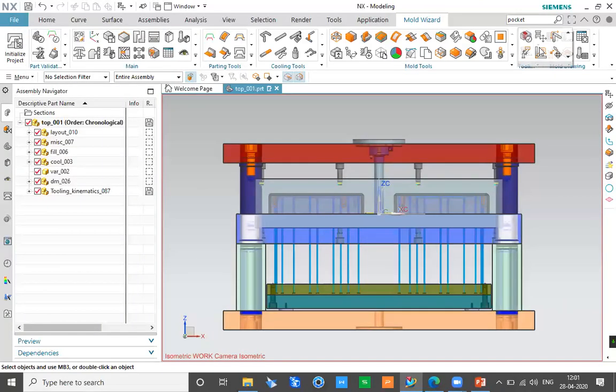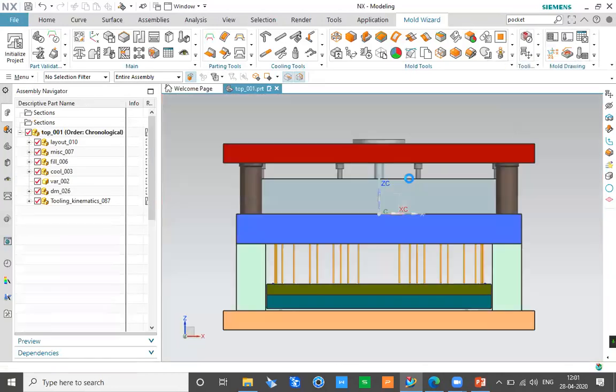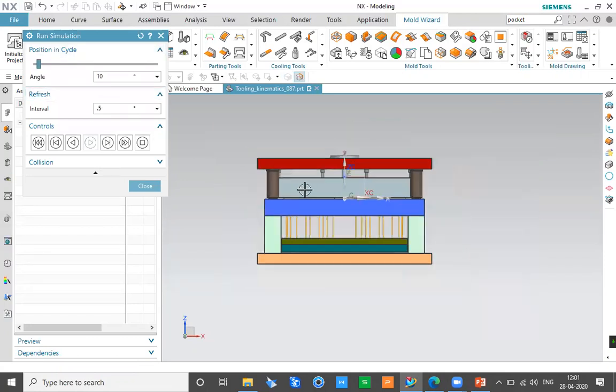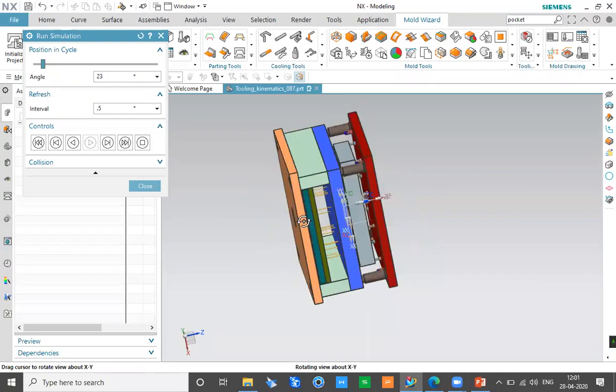Then what I can do, after doing this, is run the analysis or run the simulation to understand how the mold is opening or how the mold is closing. So I have already highlighted my top plate here, the top cavity plate, so that we can see basic information about how it's functioning. I'll just say this is the value I need to look at, and you can see the opening and closing animation of the mold.